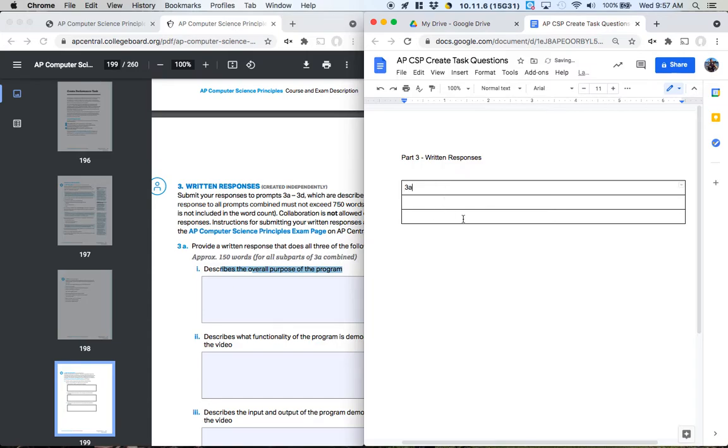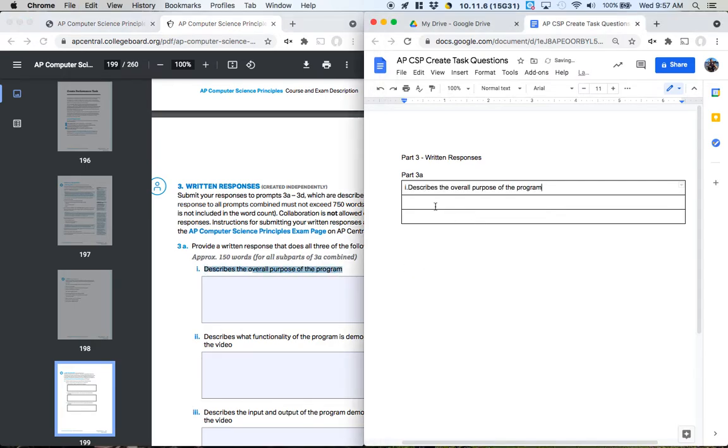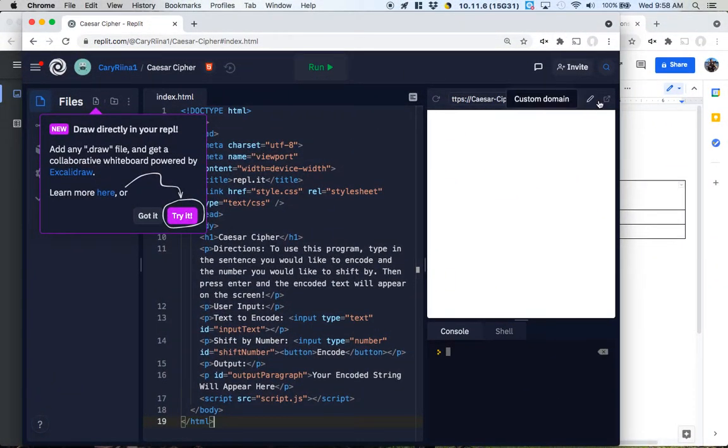So here I'll do a part 3A, and then question I here. So describe the overall purpose of my program. I'll copy and paste that. And the overall purpose of my program, maybe I'll mark with an answer here. And I'm using just the stem from the question, the overall purpose of my program is,